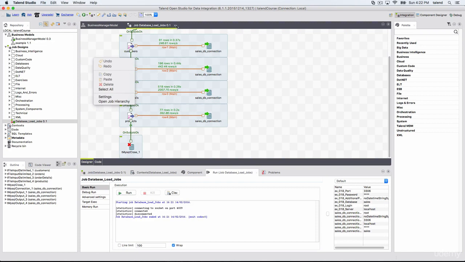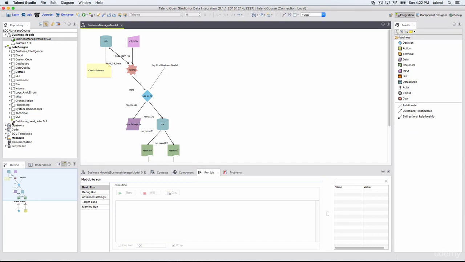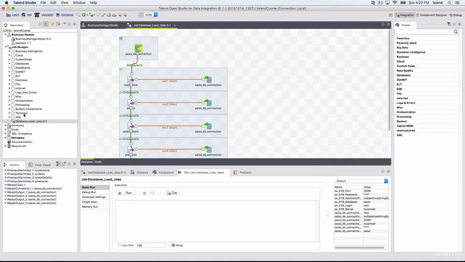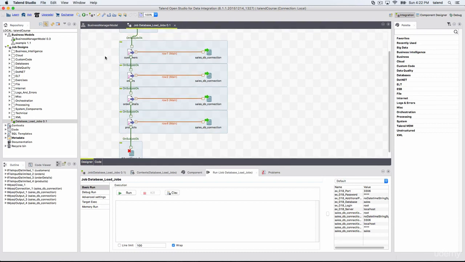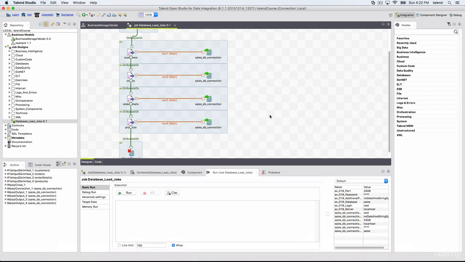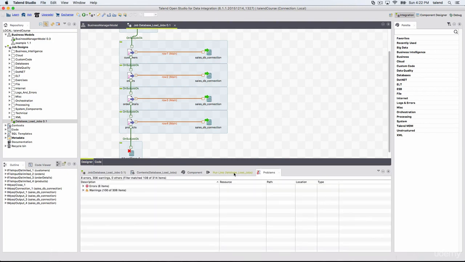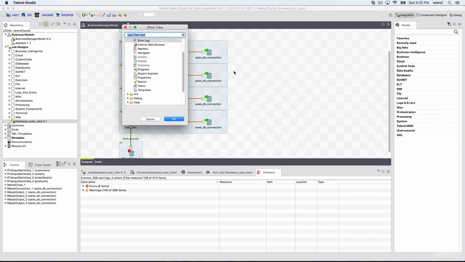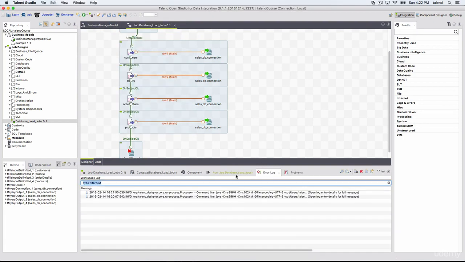Okay, so let's close this. Now that error is gone. What basically happened was we removed that, we closed it, so it assumed we still had errors. Unless you run it successfully, it won't remove that. I ran it, but it aborted because I didn't start my MySQL server. So I switched it on, I started my server and then ran the job. It ran successfully. So those you can see from the problems, error log and views.